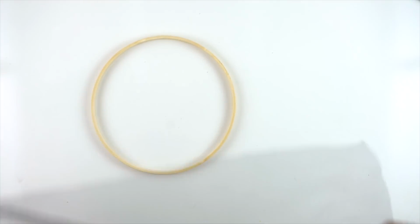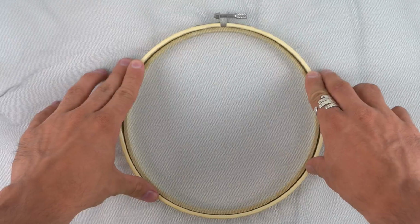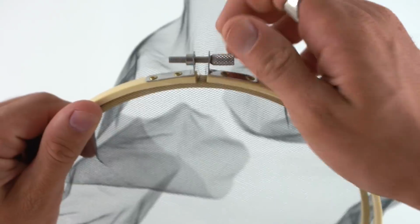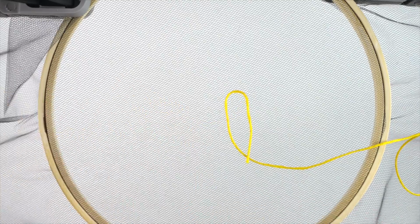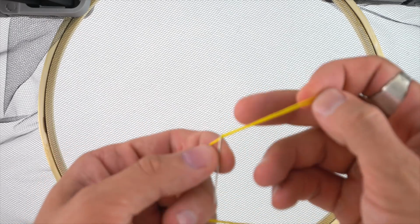First, pop out that inner hoop, put the Tulle on top, and then smush the outer hoop on top. Make sure it's nice and tight, and pull along the outside of the Tulle so it's nice and taut in the middle. Next, you're going to take your floss, cut it, and thread it through your needle, this blurry needle,